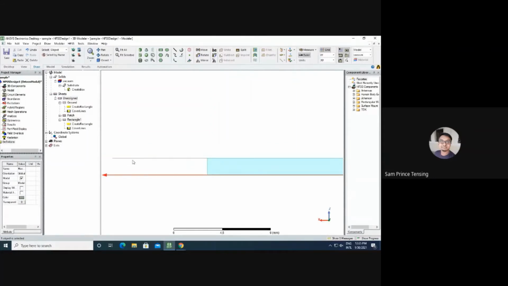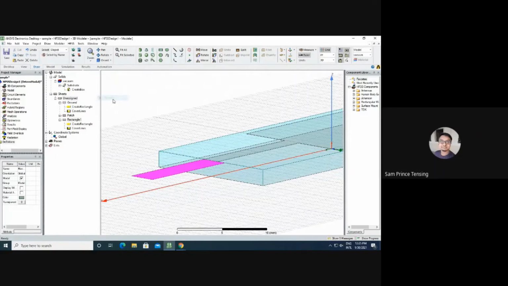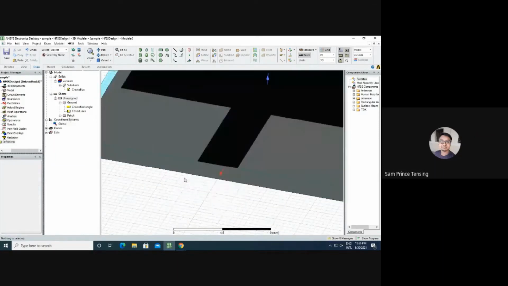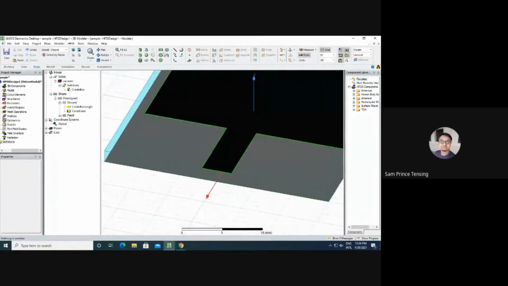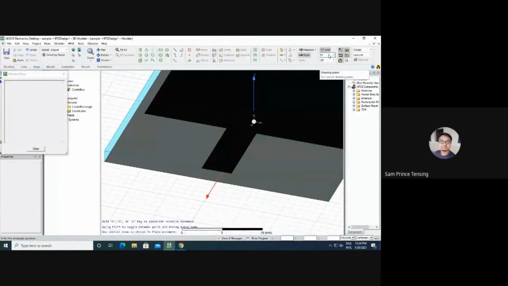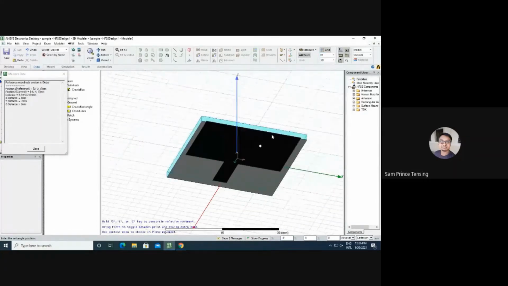A port should not be like this. A port will be a thing which connects both the radiator and the ground. So if we want to connect the radiator and the ground, we have to change the orientation of the port. So I'm deleting this. I'm changing the plane here. First it is in the XY plane, as you can see.